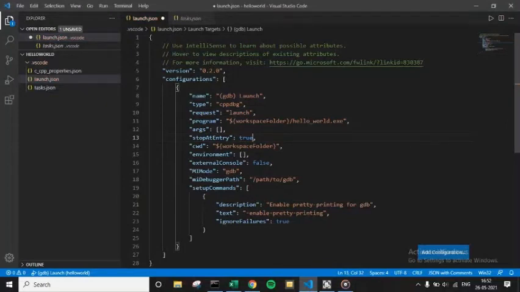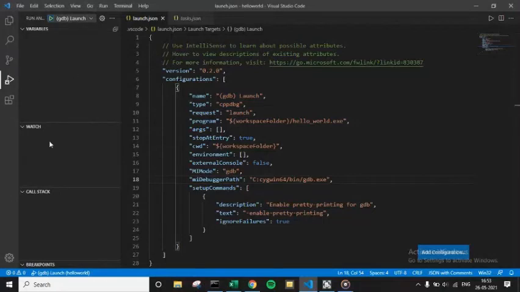And the main thing you have to see is the debugger path, and this should be your C:/cygwin64/bin/gdb.exe, and everything should be the same, and Control S to save it.